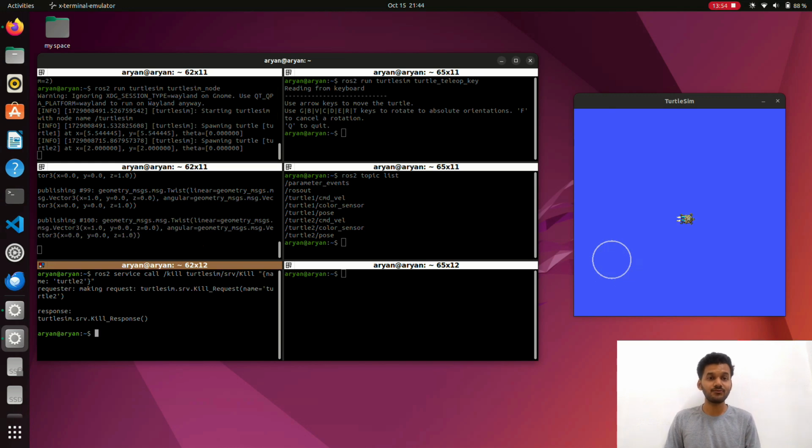So that's how we can use Turtlesim for our practice purposes, to see how the robot moves in the simulation, in the 2D simulation actually, and we can learn from that. Like we are executing ROS commands, we should see something working, right? That's why we use Turtlesim for practice. Okay, so this was for today.